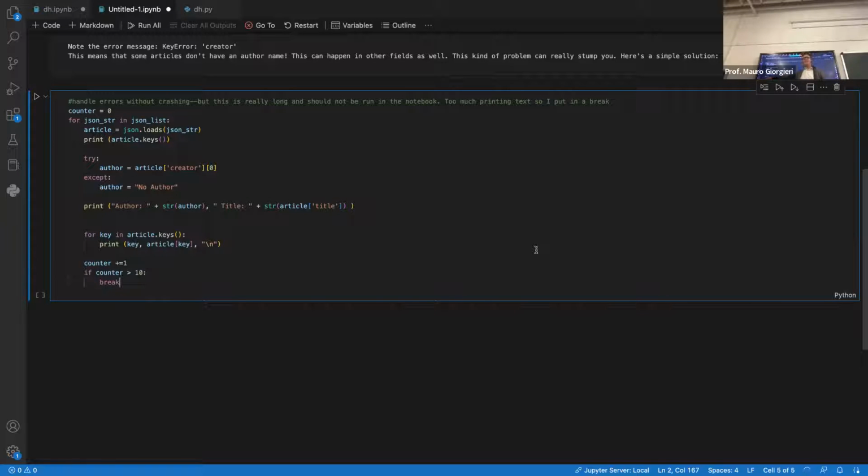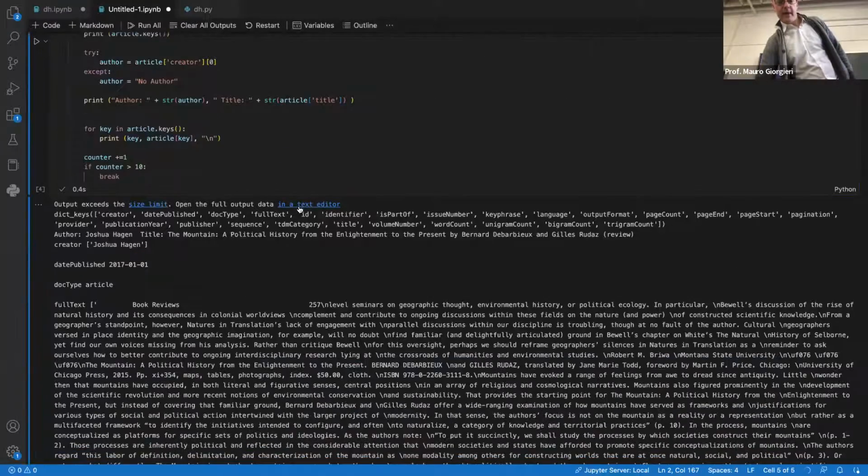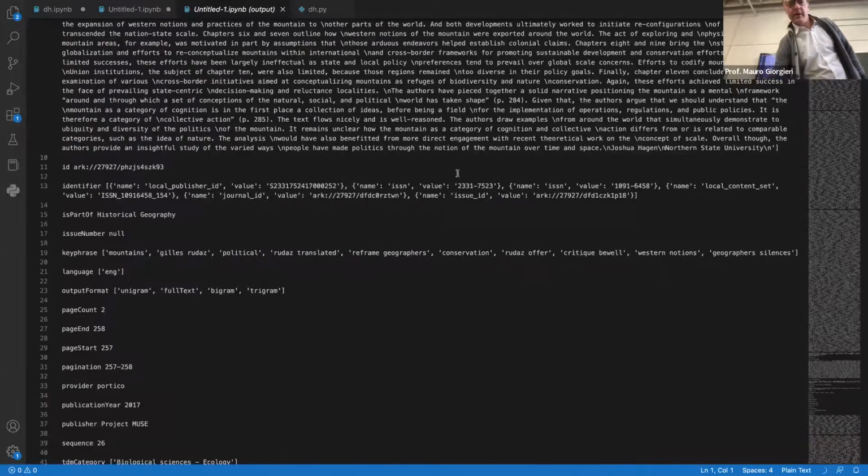And then I put the counter in just so that we could stop after 10 lines, 10 articles, because I don't want to go through 1,500 of them. It'll take a while and it won't be useful. So let's run that and see if we have solved our problem. And indeed we have. So I can open it here and you can see